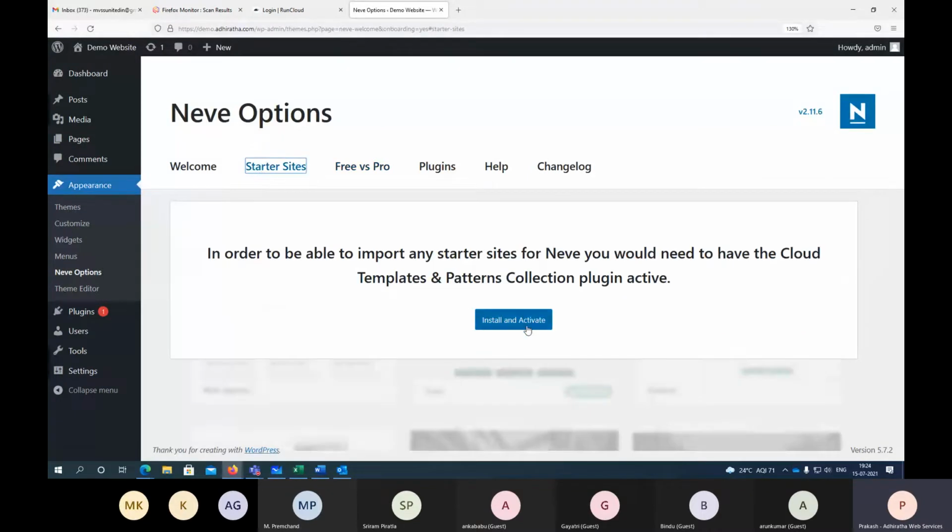So starter sites. So it is asking, see, previously also when we tried Ocean WP or Astra, yeah, 1 second. Yes, Sangababu. Sir, suppose you designed a website for me and give it to me, then who will maintain that website, sir? So it depends, right? For example, if you give me the maintenance for next 1 year, if you pay me, I can maintain for 1 year. If you say sir, you only maintain it for next 3 years, like that. If you have an agreement, it depends on that.